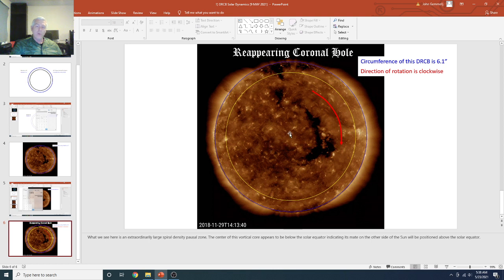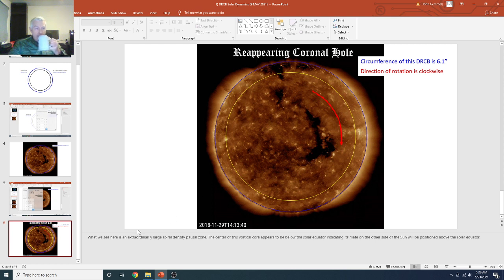So here's the core where my cursor is. If I follow it to the left, south, going back to the east, up toward the north, back toward the west, and up toward the north again, then that tells me that the vortex that this particular spiral density positive zone is in is rotating clockwise, because it's rotating in the opposite direction of the swirly cube. Okay, I mean, just think about it. How do these candy companies put that great big lollipop together with all the little rolls of candy, right?